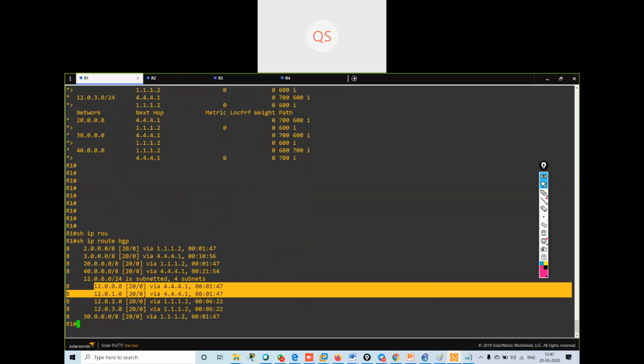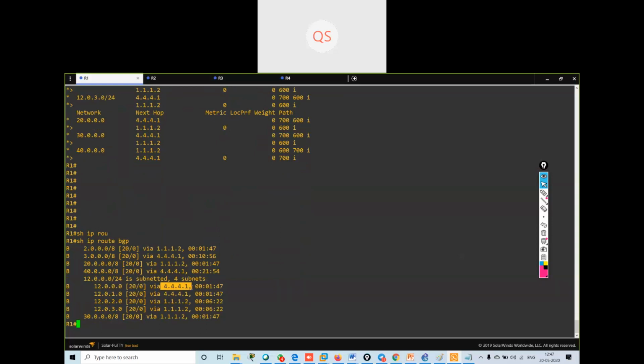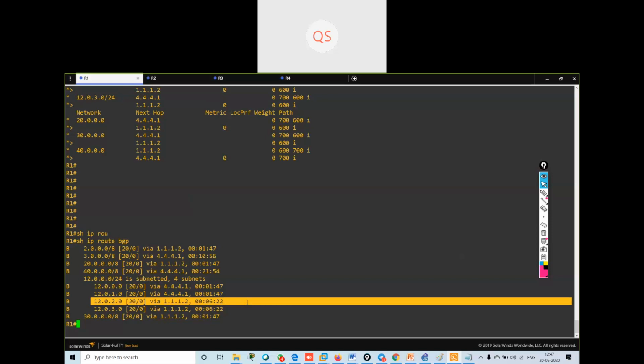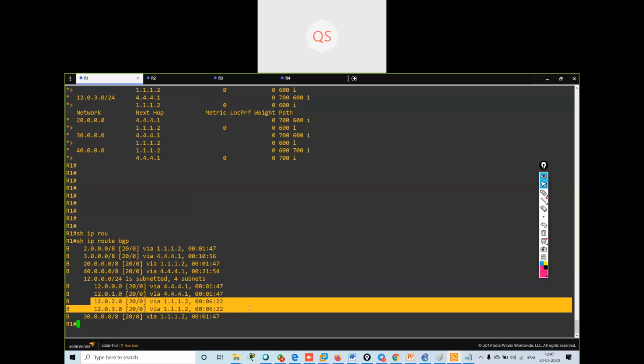To reach these two networks I will go via 4.4.4.1, and the remaining two networks I will go via 1.1.1.2. Got it? Any doubt till here?